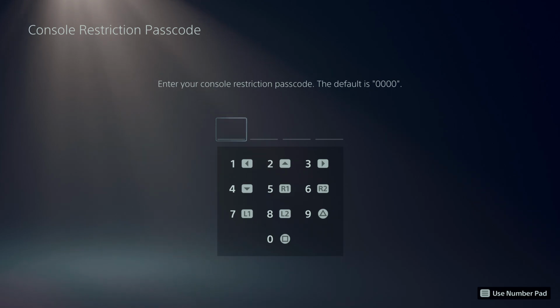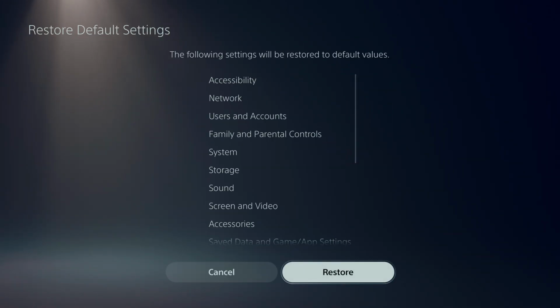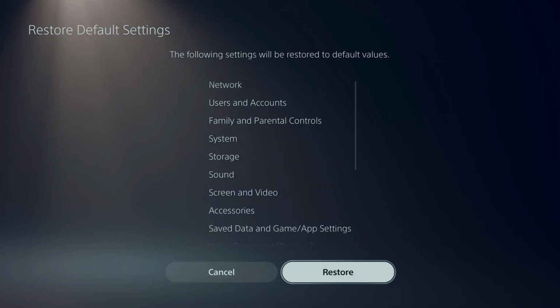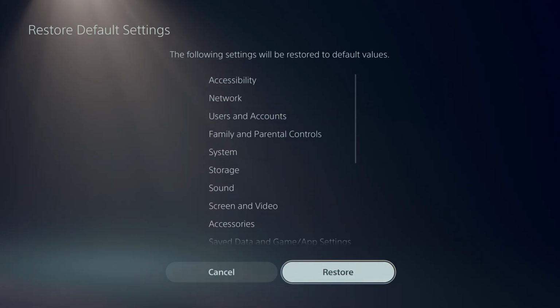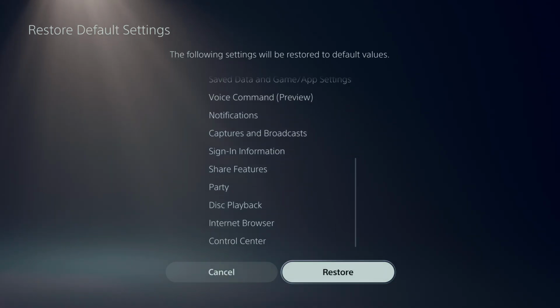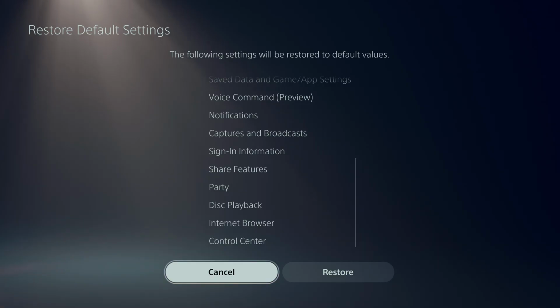Now, if you already have one set up earlier, you can type it in, but if you haven't set it up already, the default should be 0000. Now, at this point, you'll see all the settings that will be restored to default values. So you should see all the settings here. Once you have read through everything, all you have to do is select Restore, and that should restore all the